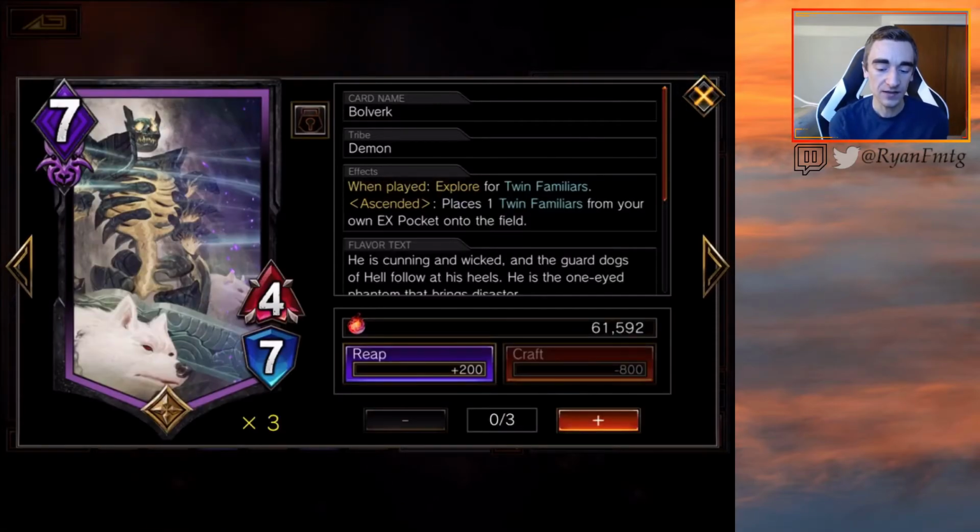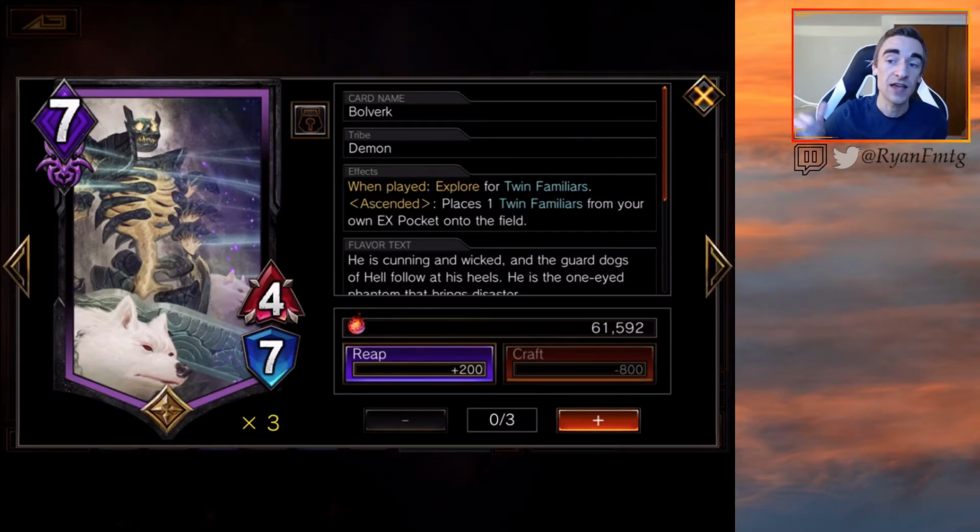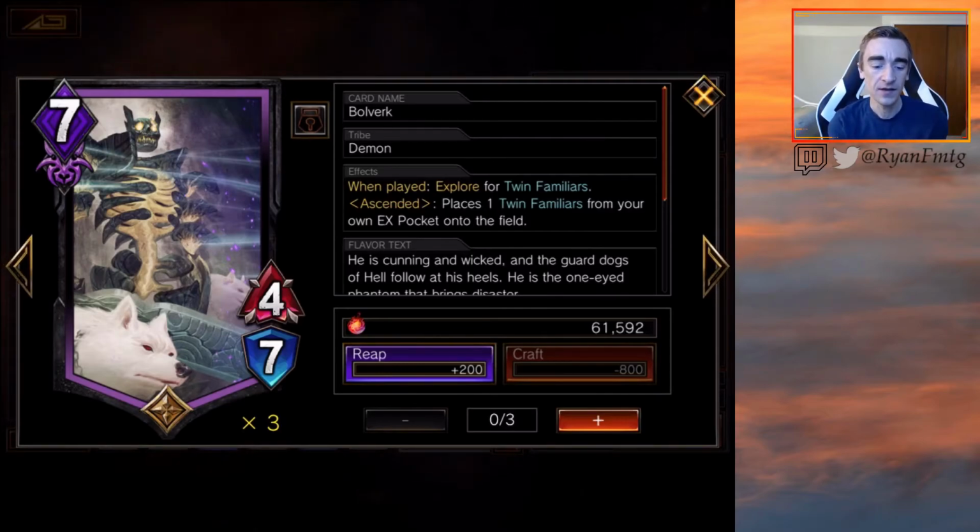However, if you ascend this, it places 1 Twin Familiar, the one that you just put in your EX pocket, from your own EX pocket onto the field. That's kind of cool. So if you sacrifice a creature, this comes on the field, and then one of your little wolf pup friends comes on the field, and that's going to hit very hard because they have to deal with this and the wolf. So overall, those are 2 very good bodies, but this is 7 MP, and I know I said this before, I'm not sure if that's what purple wants to be playing, because 7 MP is usually your Win Cons and big Resonate style decks, or sometimes they're 5 or 6 MP, so 7 is a little bit high, and for a 3.5 Morgan dot deck, you don't really want to be